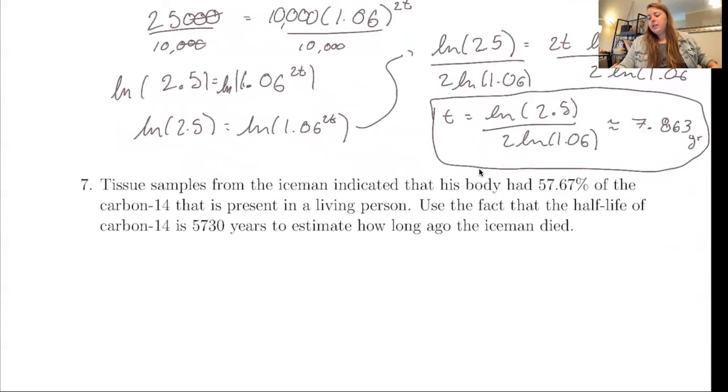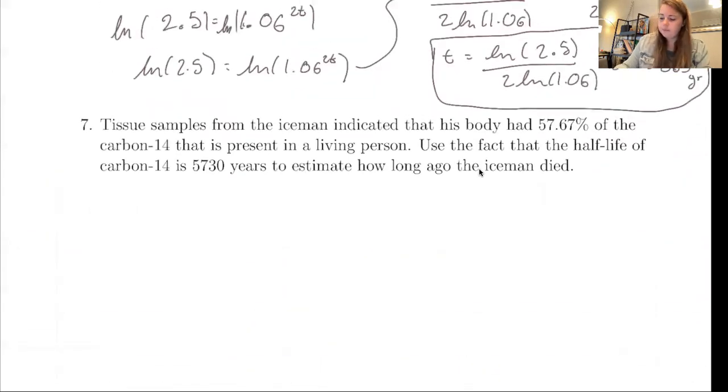So another cool thing, we can also find stuff about half-life. Is this our last problem? Okay, cool. This is our last one. Great. So tissue samples from Iceman indicate that his body had 57.67% of the carbon-14 that is present in a living person. So here you and I are,